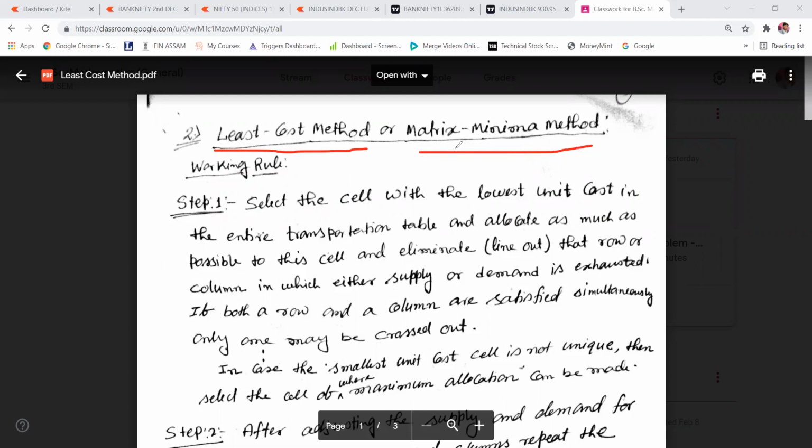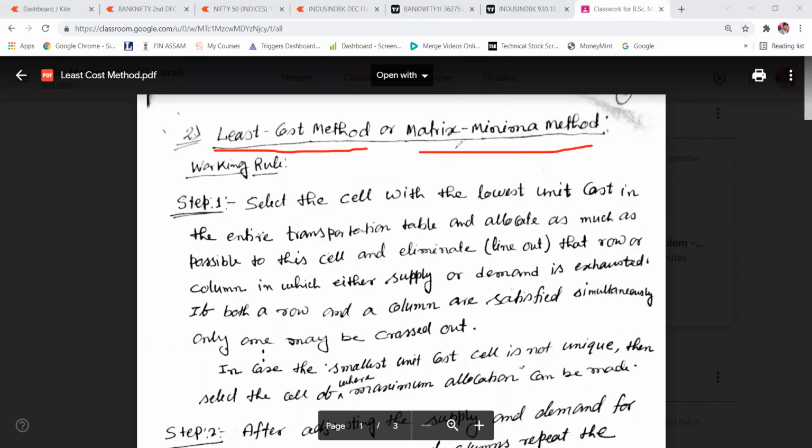Then if demand or supply is exhausted, you strike out that column or row, depending on the condition. Then you move again to the next step. You follow the same process. Again you find out which cell has the least transportation cost.